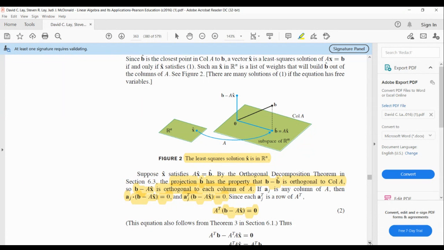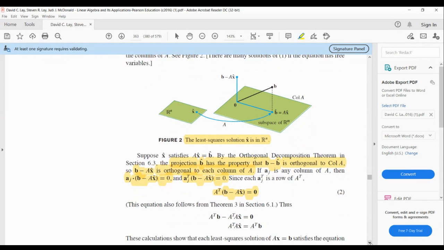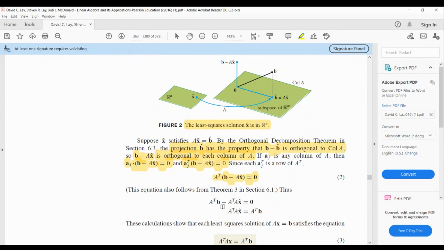And so this is the key to finding what x hat is, because matrix multiplication is distributive. So equation 2 could be written as, if we distribute the A transpose on the left side,